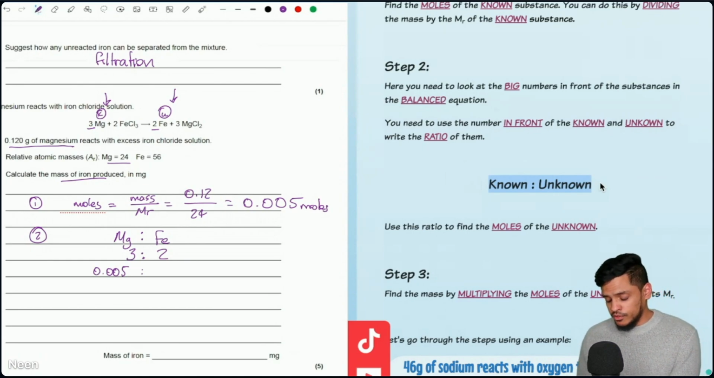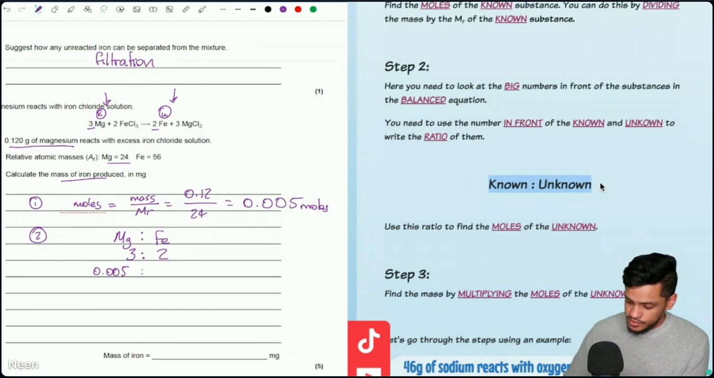This is quite a difficult one because usually it's 2 to 1 or 1 to 2. If it's 2 to 1, you halve it. If it's 1 to 2, you double it. This is 3 to 2. So what you need to do is divide by 3 times by 2 to get that ratio. Divide by 3 times by 2. When you do that,